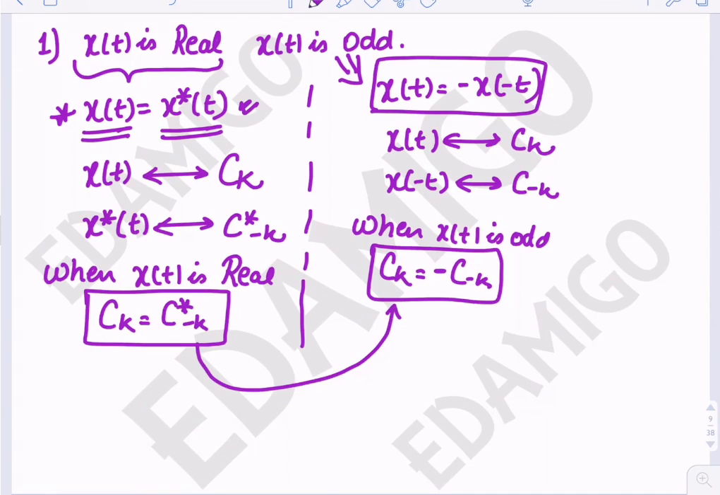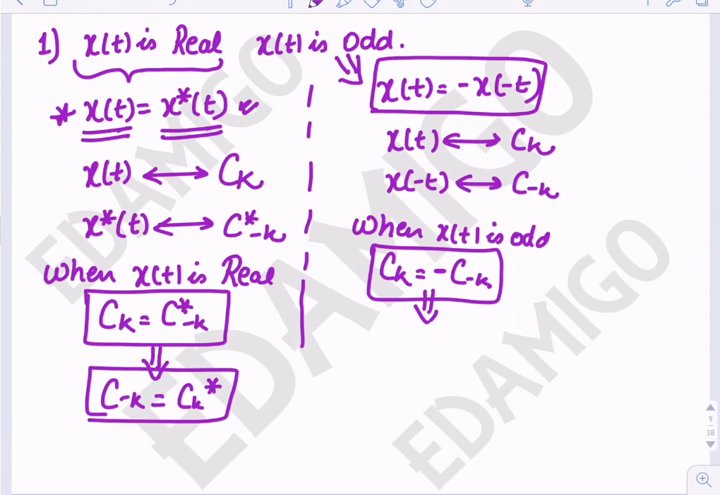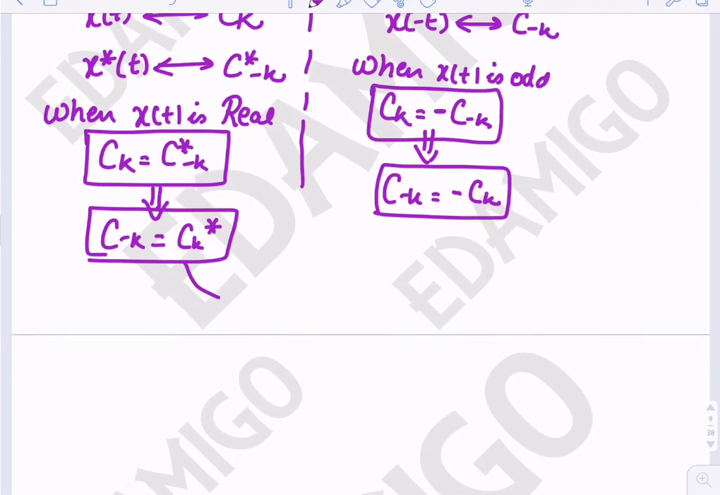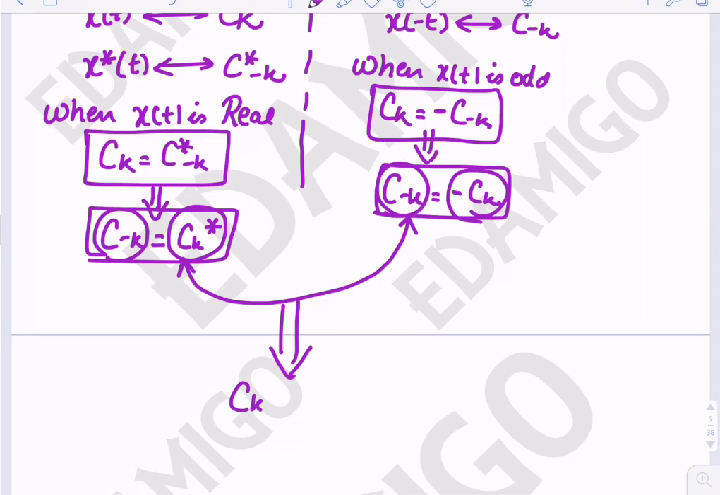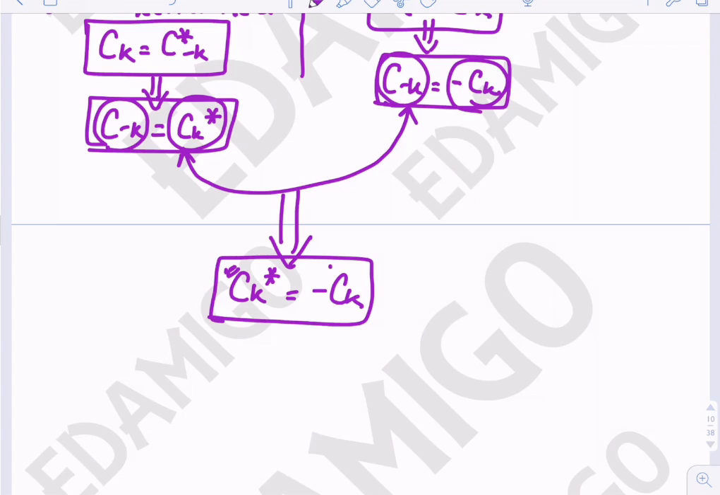So by comparing these two, or first of all let me write it. From here we can see that, conjugating both sides, c of minus k equals ck conjugate. Here we can say that c of minus k equals minus ck. Now from these two equations we can say that ck conjugate is equal to minus ck. That is, if we conjugate the variable, then it becomes minus times itself. If we are conjugating any variable and it becomes minus itself,